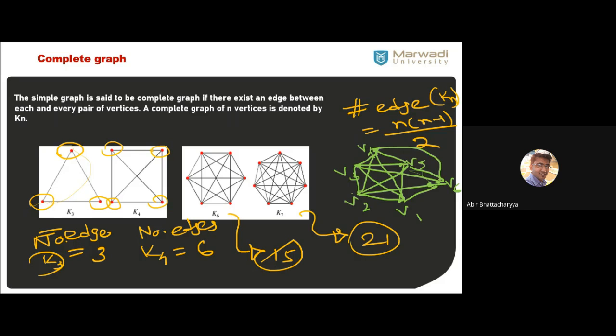So first I draw V1 to V2. Second I draw V3 to V4. No, don't do that. Use a perfect algorithm and draw it. The correct algorithm is to complete all the tasks of V1, then all the tasks of V2, all the tasks of V3, and so on. That's great.